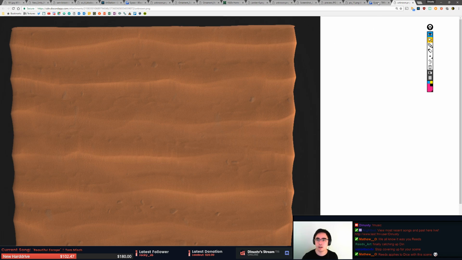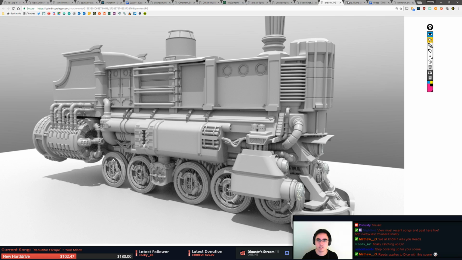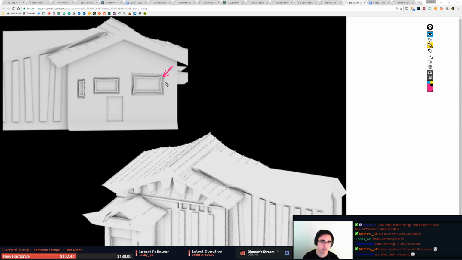All right, what do we got now? Dude, I'm all over the place now. Okay, we got that. That's good. So this one's nulled. So it's saying this is Japanese architecture, and I don't have any reference for the Japanese architecture that you're pulling from, but really make sure that these shapes for the windows, those are windows, and then these slats, make sure that they're even or straight. I'm not sure if in the design they're like